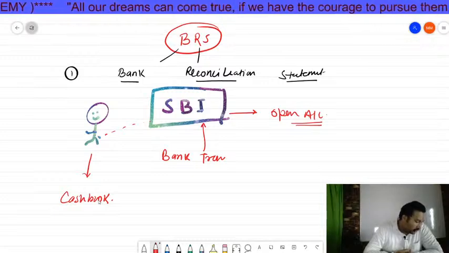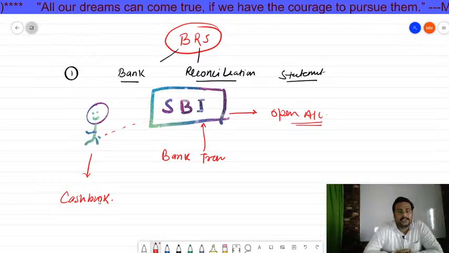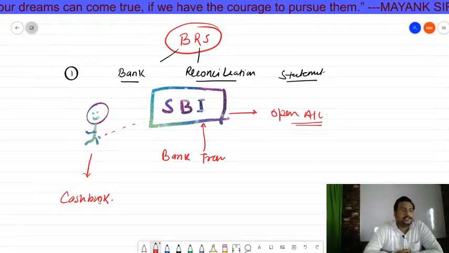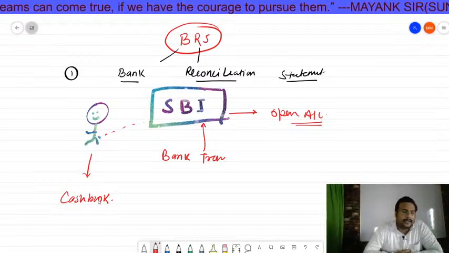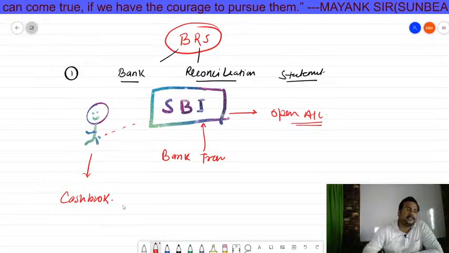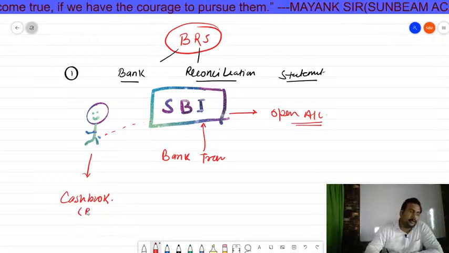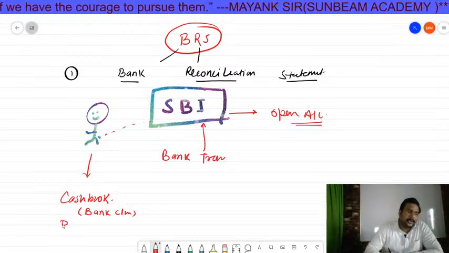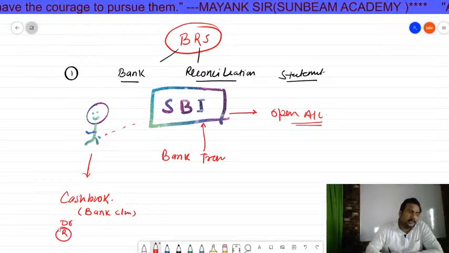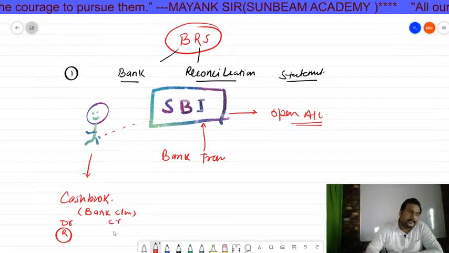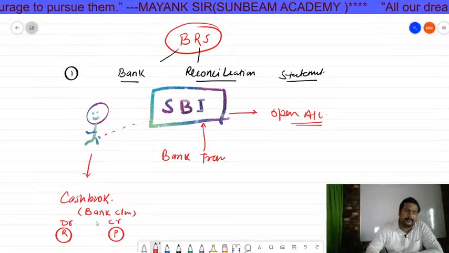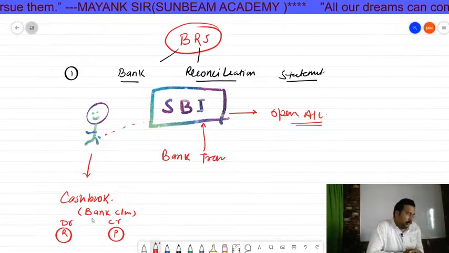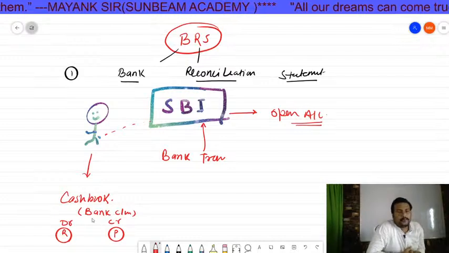Kumar, yes, good morning, bacha. All the transactions which are paid by the person, which are received by the person, of the banking transactions, the person records in the cash book bank column. In the bank column debit side, the person records all the receipts, and in the bank column credit side, the person records all the payments. First, is this much clear or not? You tell me, guys, in the comment box. I am waiting for your question.